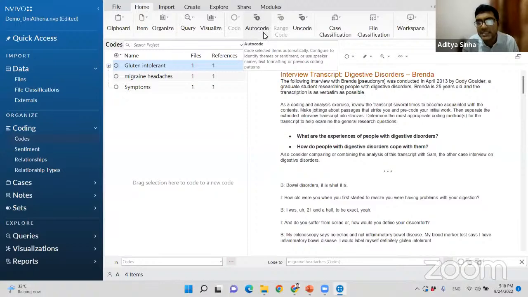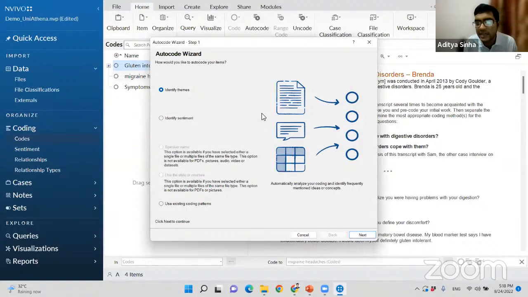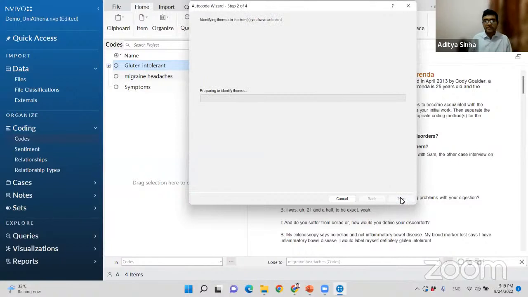You can see in the center there is an option called auto code. We'll click on that. After clicking on that, you will see that this screen will appear. Identify themes, identify sentiment. So we'll go for identify themes, and we'll click next. Then this software will analyze the entire transcript. And since it is a very small transcript,